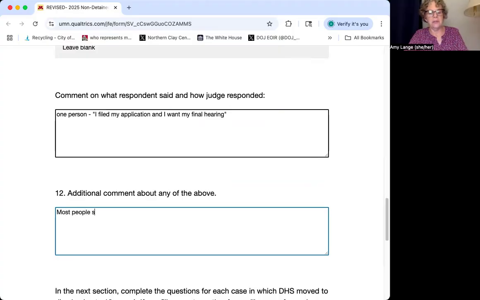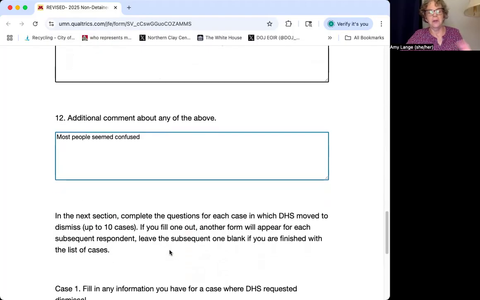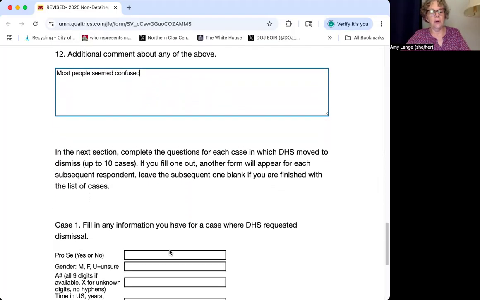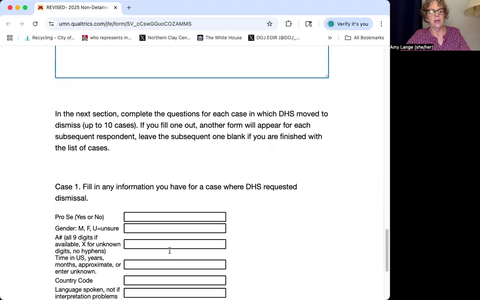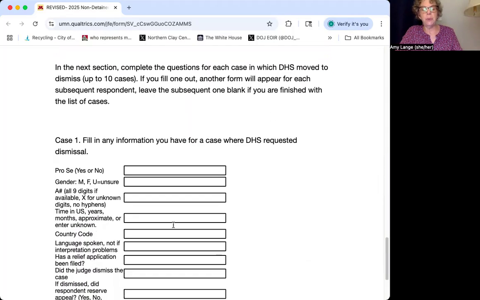Most people seemed confused, for instance. You might even say the government seemed harsh, or the government said they can't object, or so whatever you witnessed and however it went down, that's what we want to know briefly. So then you're going to be able to fill in the information for each person, and